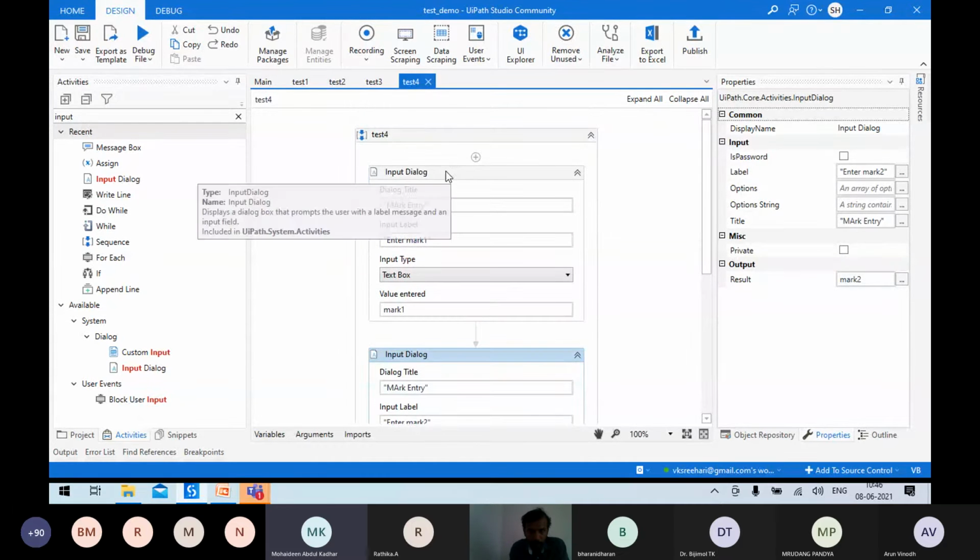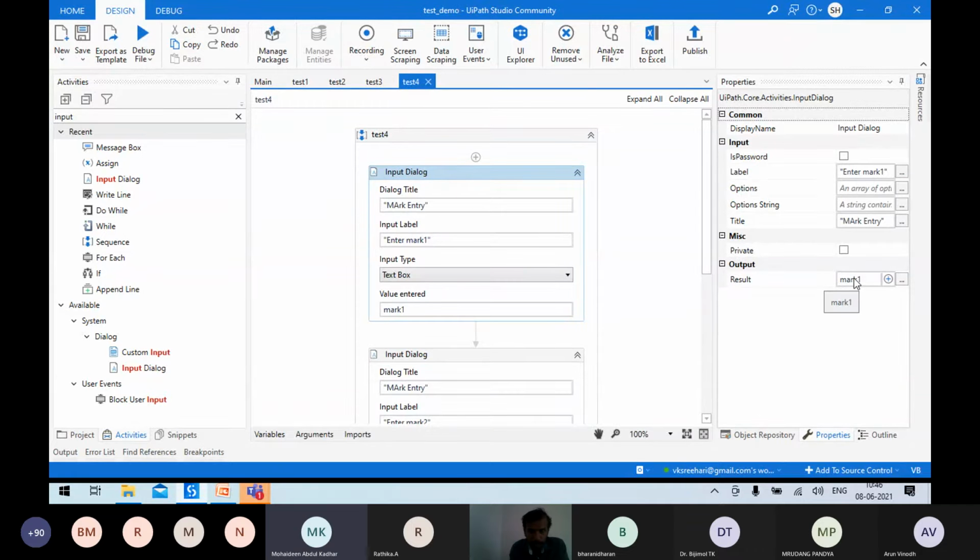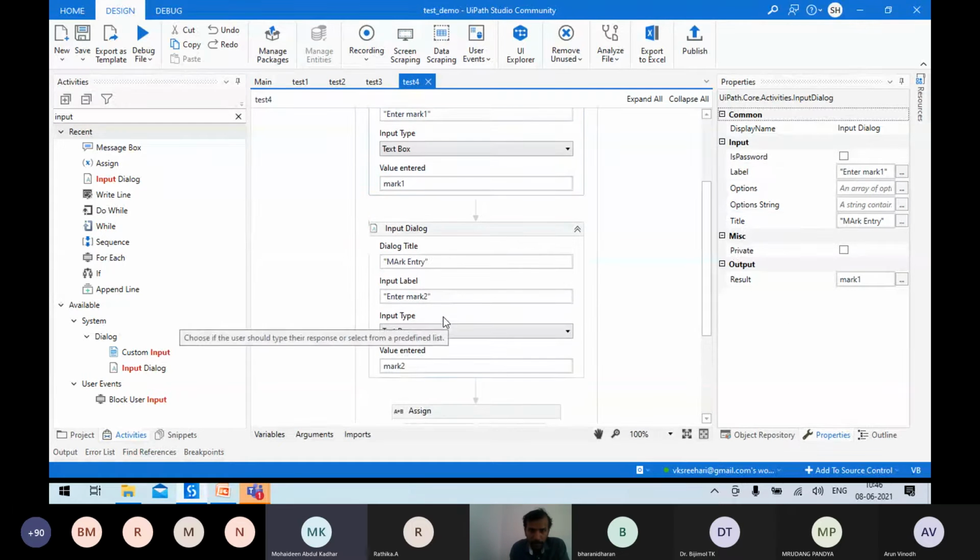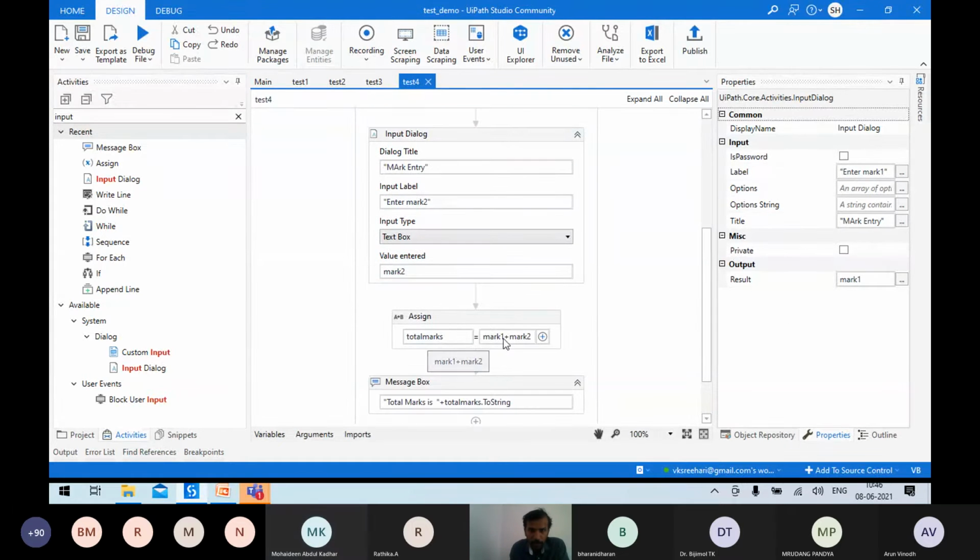So just go to the input dialog box here. You just click that. In the result, you have created the variable with the name mark1. So give the same name there, mark1. If you are declaring as mark1, the same name should be given in this total marks equal to mark1 plus mark2.